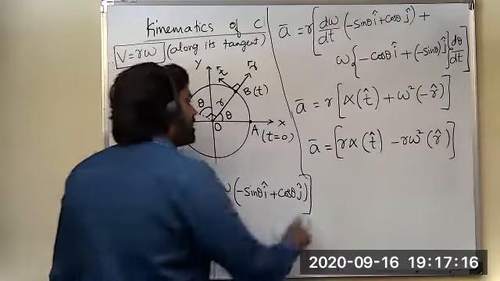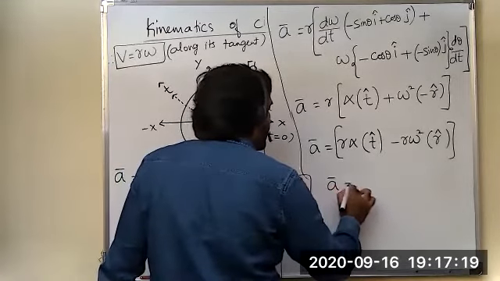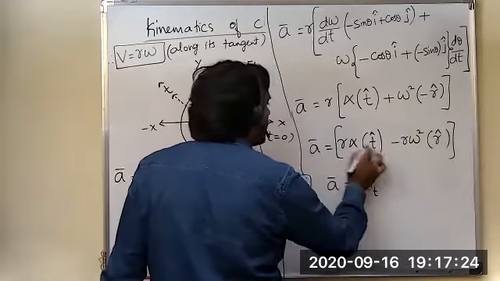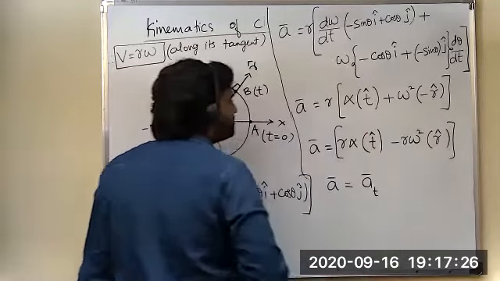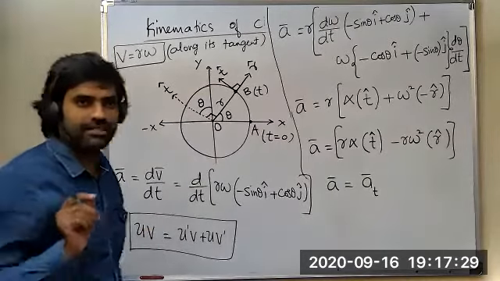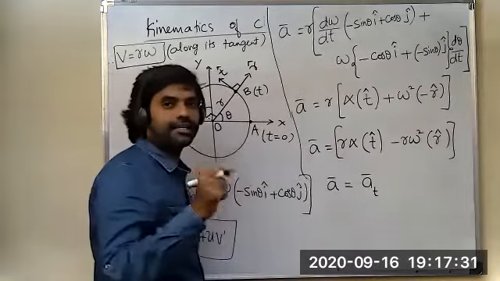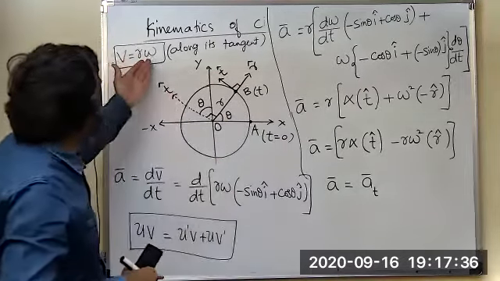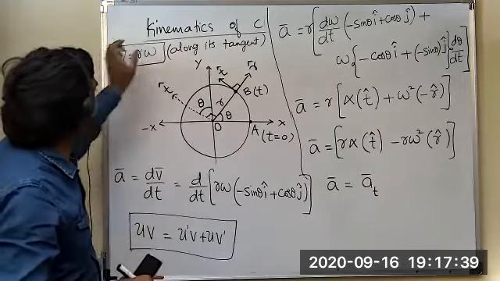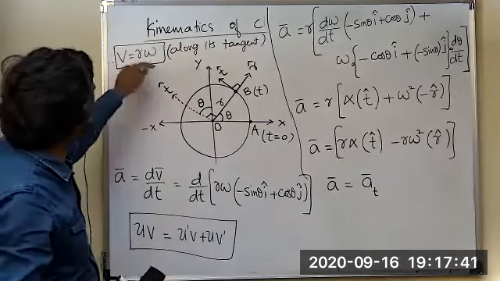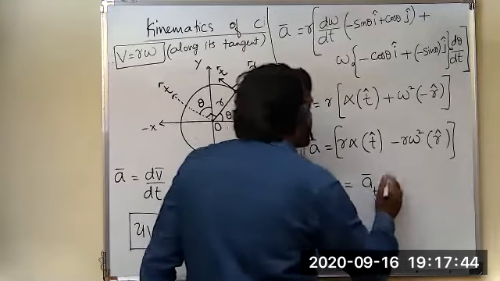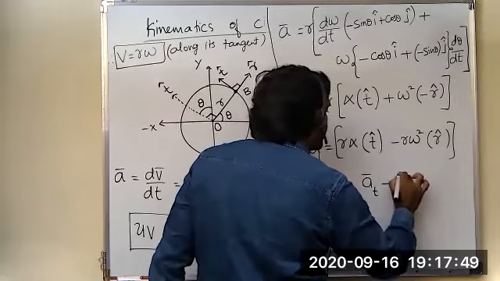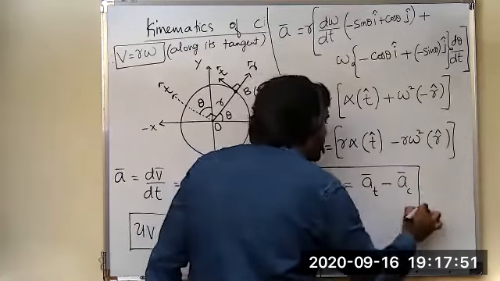Now I can write this as a bar is equal to, this is tangential acceleration, because r alpha is lying along the tangent, so you can take r alpha as a tangential acceleration, or else acceleration acting along the tangent, along the direction of linear velocity. We got linear velocity as r omega along its tangent, so on differentiating it further, we got acceleration along the tangent, minus, you can even write it as r omega square, centripetal acceleration, or else acceleration along the radius.